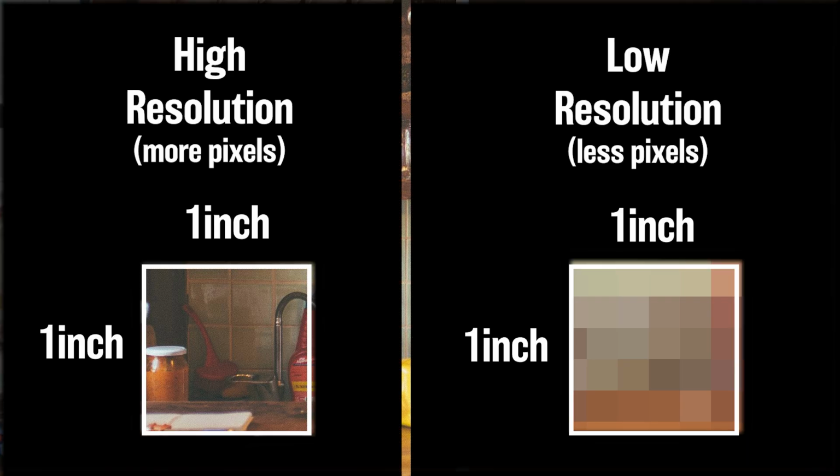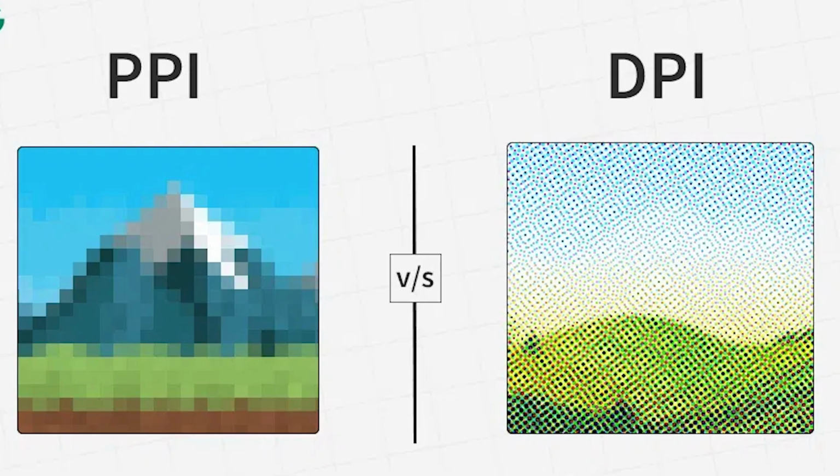So when you're talking about resolution, you're not only talking about how many pixels that you're using, you're talking about the density, or how tightly packed those pixels are. It's pixel density that determines how big or sharp something looks when it's printed or shown on the screen. So when we talk about images, you're going to hear two terms throughout the semester. We're going to use them interchangeably, and that's DPI or PPI.